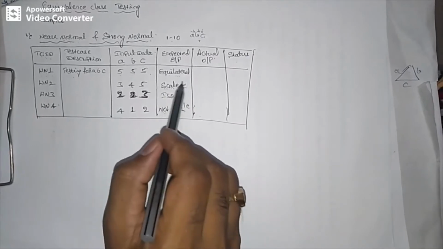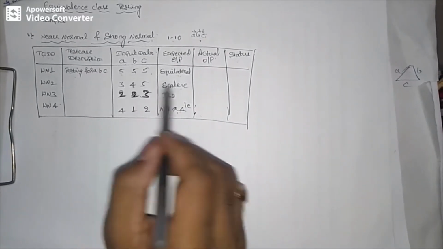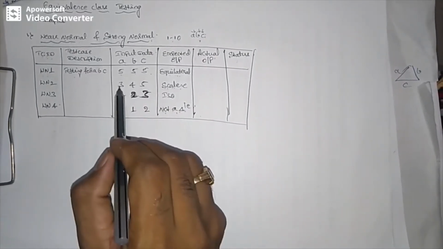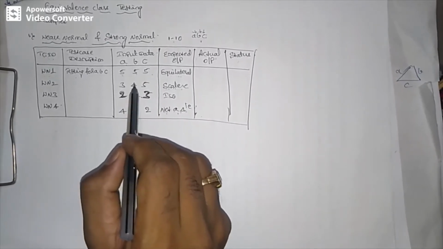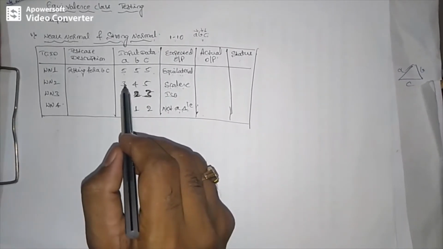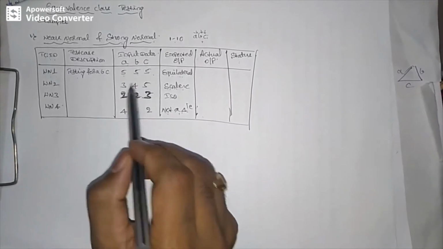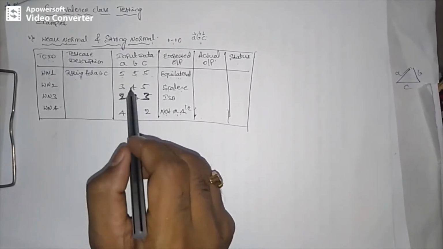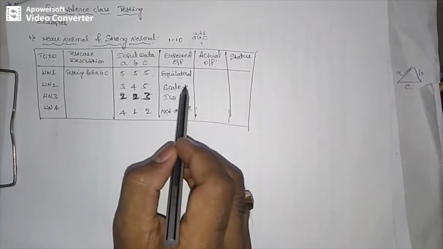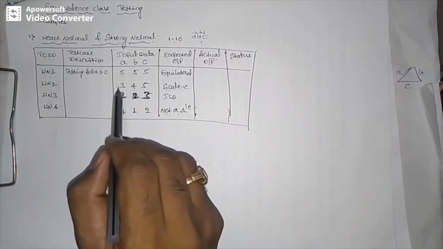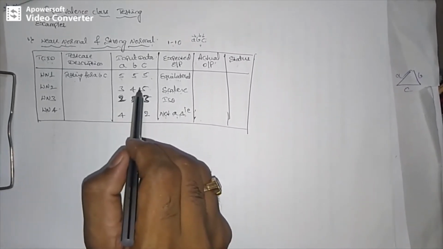To generate the scalene, you can give a different set of input parameter lists also. It is not mandatory that you need to specify 3, 4, 5. You can specify 5, 6, 7 also, or 7, 8, 9 also. Based on that, you need to generate scalene whenever you are giving such a type of input parameter list.